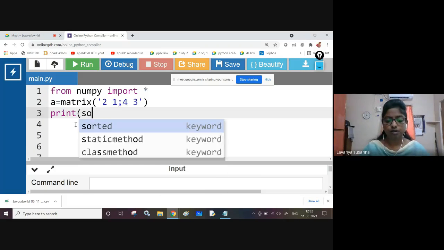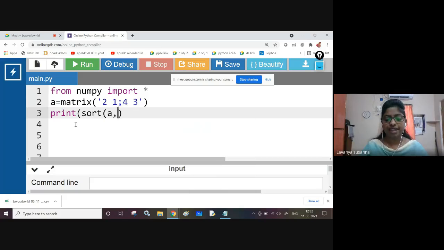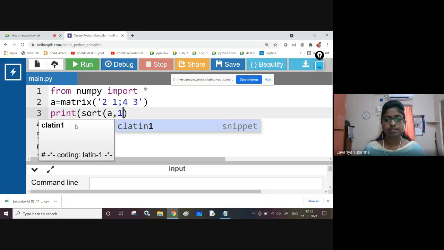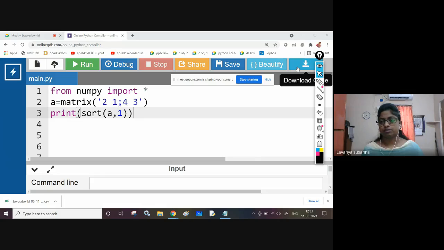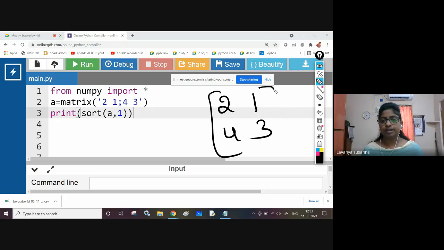Print sort of A comma, providing axis 1 means row wise it is going to sort. Let us see it. Actually, what is the matrix? 2, 1, 4, 3. Once again, see. Matrix is 2, 1, 4, 3. Now, what is the output you are getting? Sorted array. Let us see it.